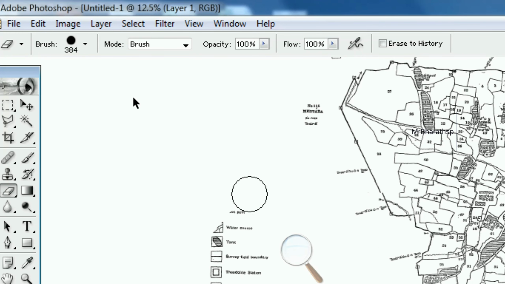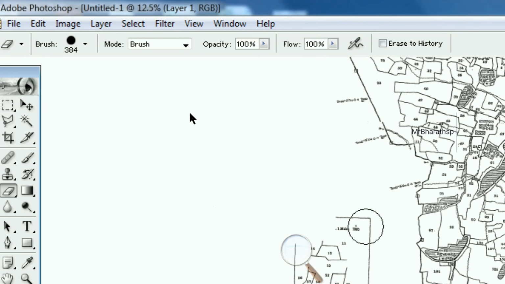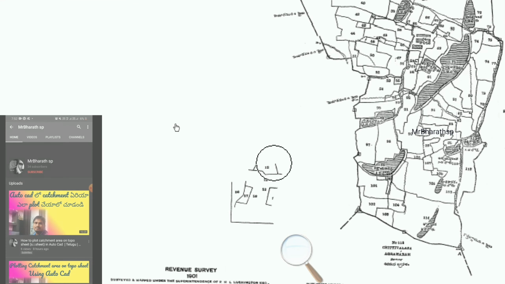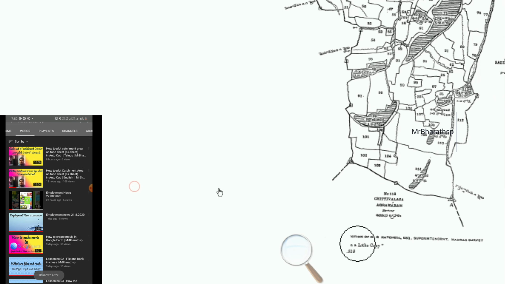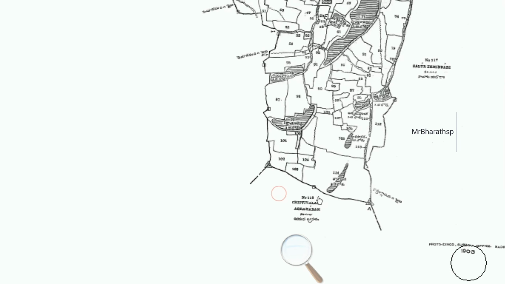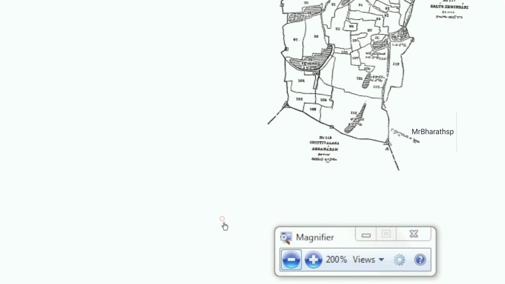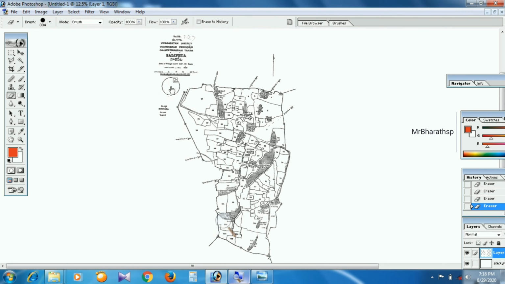Now we shall remove the unwanted area. For zooming the map, you have to press Ctrl and plus button.